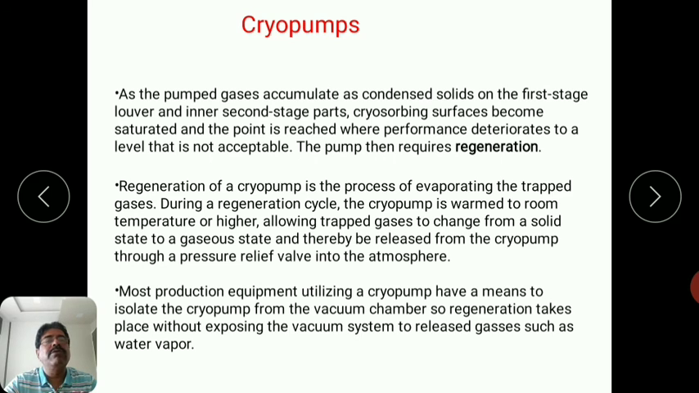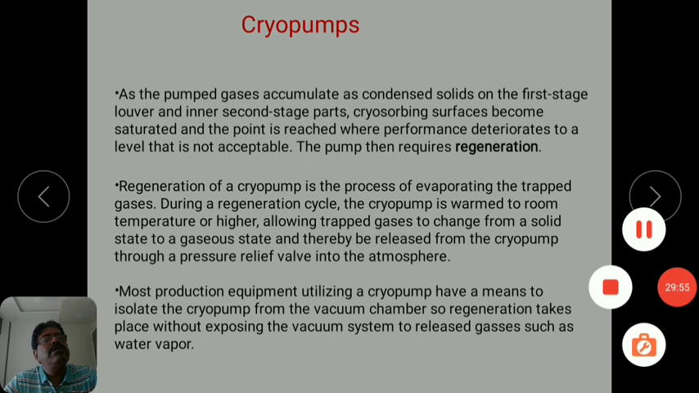Simply, you are throwing out these condensed or adsorbed species from this particular cryopump. It is just like refreshing or resetting the system. The initial parts, the garbage you can say, the captured gas molecules, are removed, and now the surfaces are totally empty. So you can open the valve going towards the vacuum chamber, and the process of pumping will start again. So this is how the